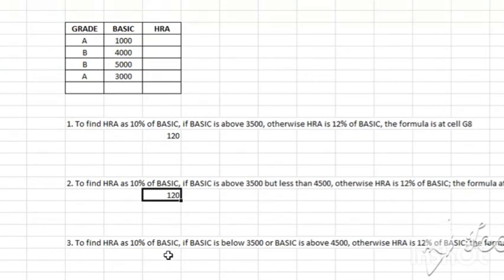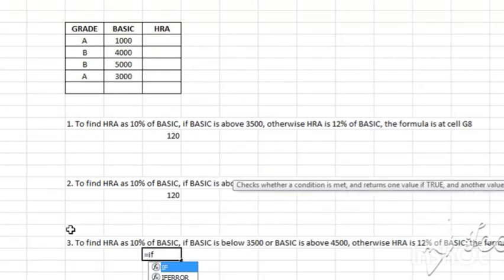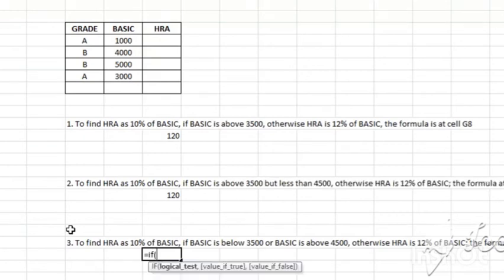Now lastly, find HRA as 10% of basic if basic is below 3500 or basic is above 4500, otherwise HRA is 12% of basic. Formula again at G8. First, the condition is there, so IF function, bracket open.